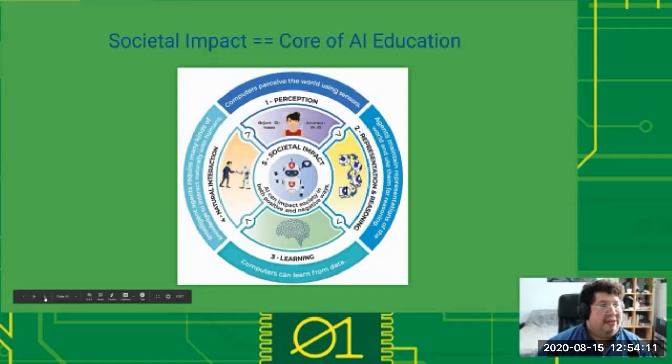And they see in the way they design this notion that the societal impact is at the core of how artificial intelligence is interpreted through all these lenses of how they're impacted, how we interact with these computers, how we perceive these computers, how computers perceive us, how they understand to represent and reason through what we are, and how do they learn from these things. And this is where a conversation with students as young as kindergartners can be about biases and